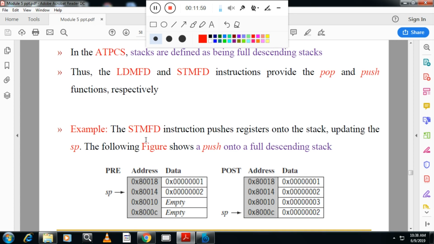STMFD, store multiple registers with full descending instruction, pushes the registers onto the stack, updating the SP. The figure shows the push onto a full descending stack. Here you can see this is the empty stack, empty area. Here it pushes the data and the stack is updated, so the stack pointer is updated.